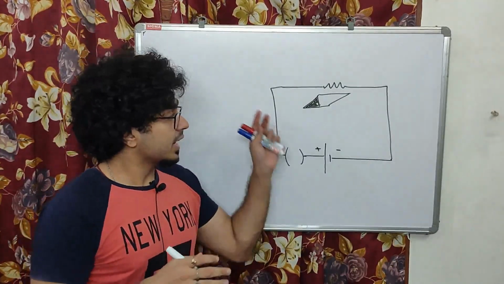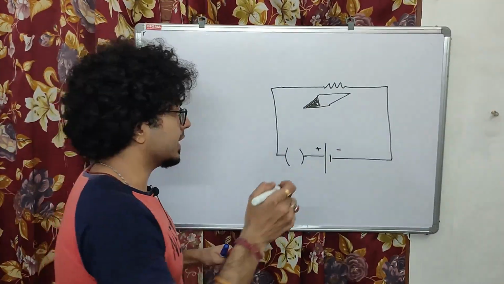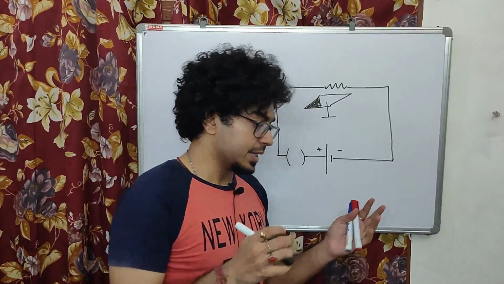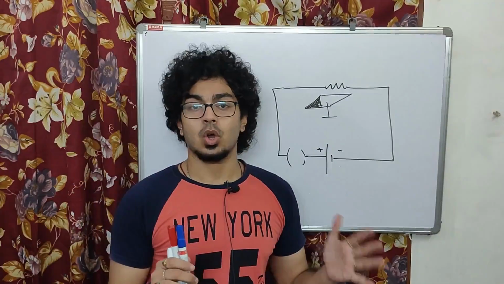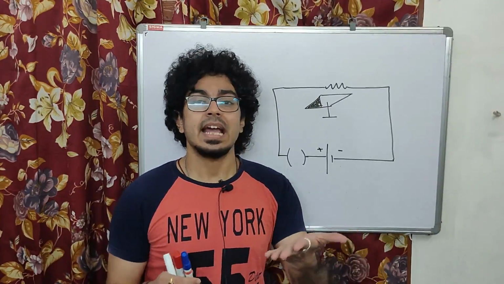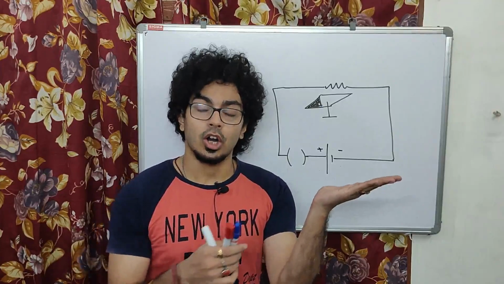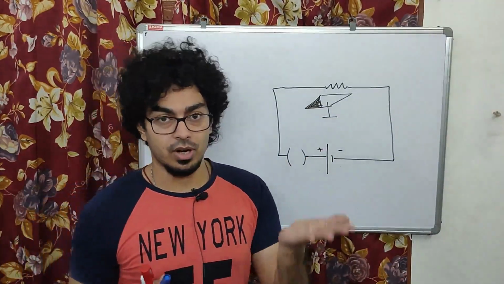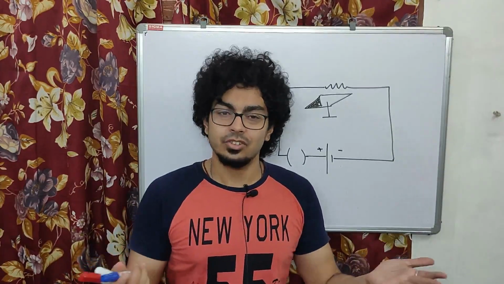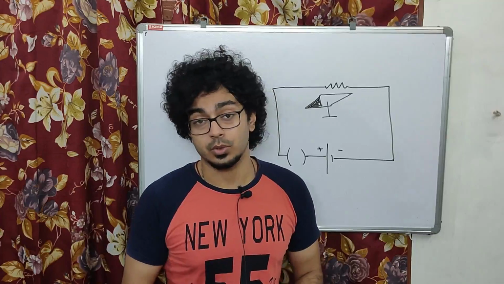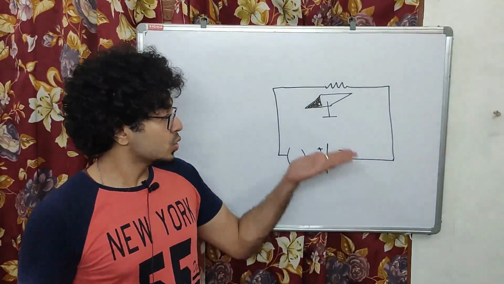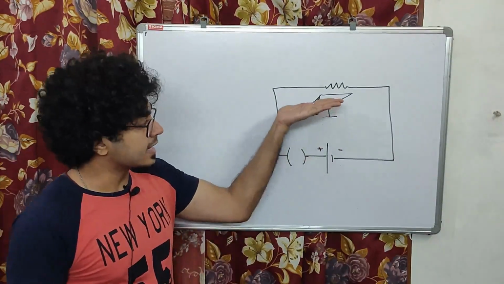So here we see a circuit, and below the circuit a magnetic needle is kept. Now what is a magnetic needle? Basically you can say it is a compass, a magnetic compass. What a magnetic needle actually does is align in the horizontal magnetic field of Earth. That is, when you place a compass, it aligns in the North Pole and South Pole direction, and you get to know which direction is north, south, east and west. A magnetic needle like that has been kept over here.